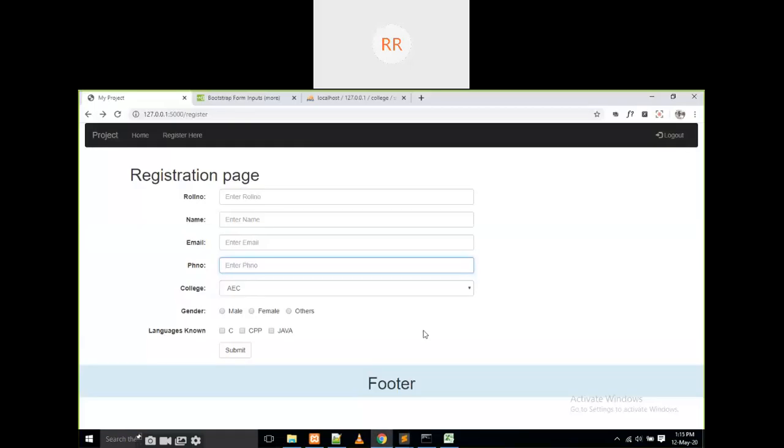Branch and section also. Is the branch a text box or anything? What is the type of the branch? Anyone? Is it a drop down, or a radio button, or a checkbox, or a text box? No, not a text box.